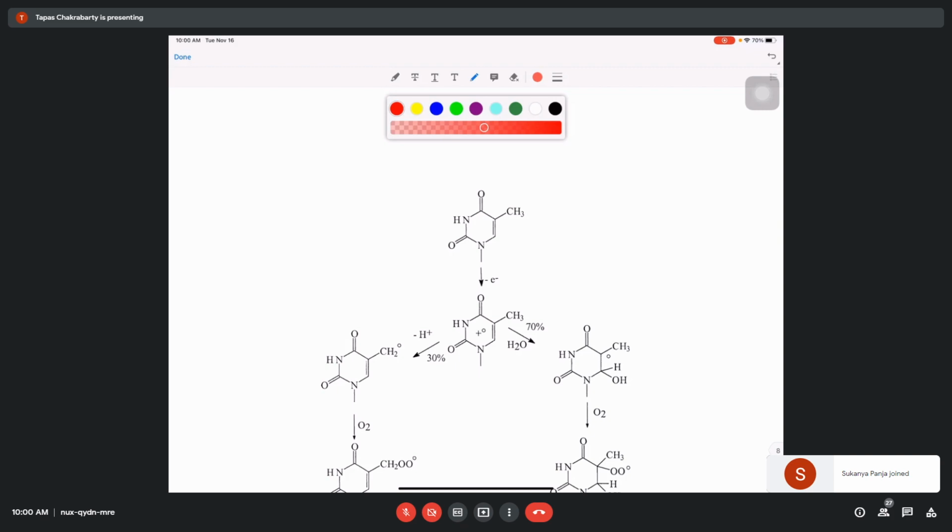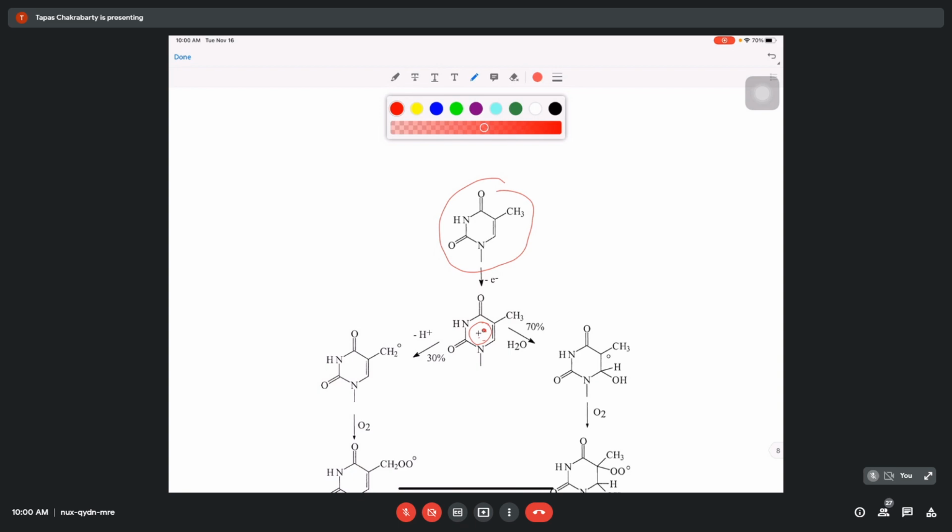If you take an isolated DNA base and put it in a biological environment, the ionization energies are different. So the typical ultraviolet light available in the solar UV-B region of the spectrum can also cause ionization of your molecule. That is what has been shown here. This is a basic molecule here. After ionization, you produce a cationic radical. The cation, in red, you see a positive charge shown here along with a radical.